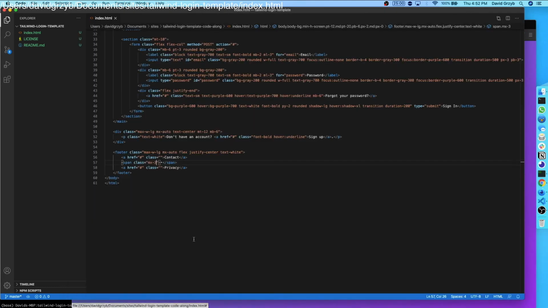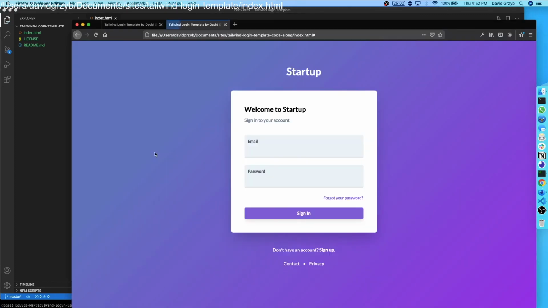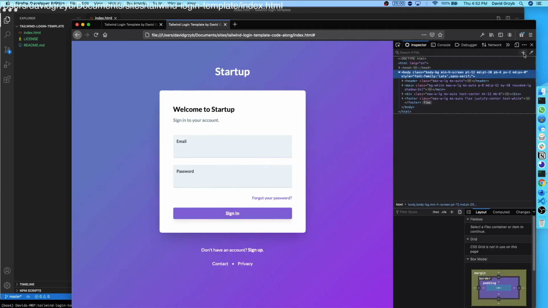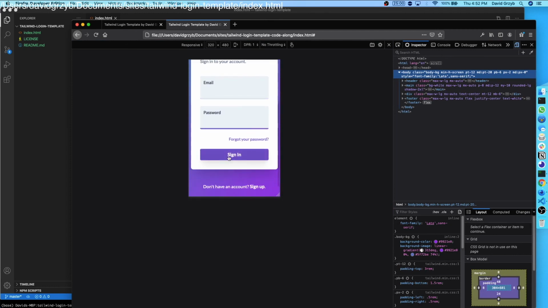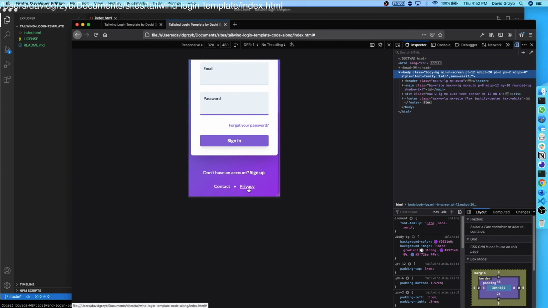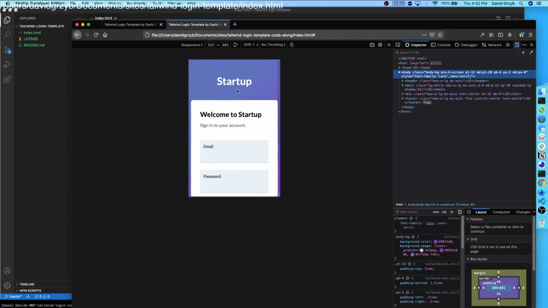And the last thing we need is just to do a hover text underline for both the links. Hover underline. There we go, hover, and it works. And that's the final product. So if we look on the mobile phone view, it looks great. It transitions, it hovers, it adds shadows, buttons work, everything works. If anything, I'd add a little bit of padding here on the bottom, but it looks okay for now, and